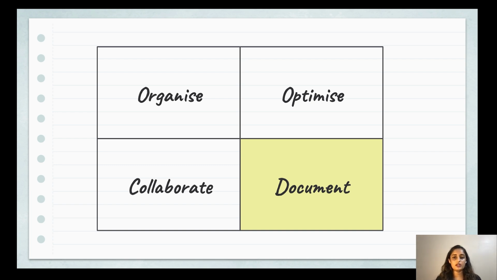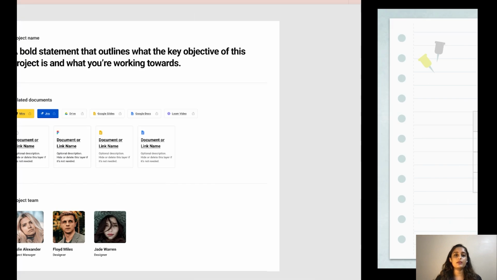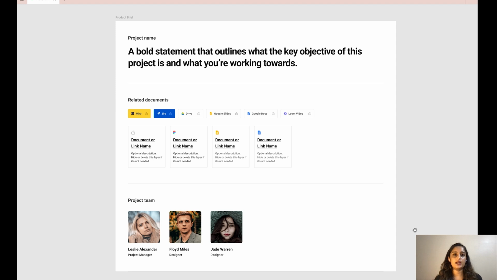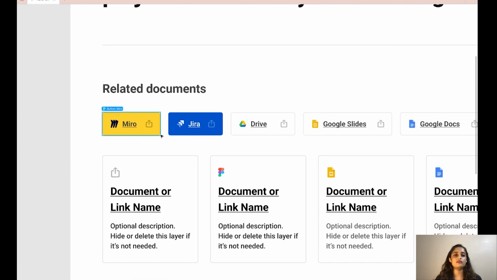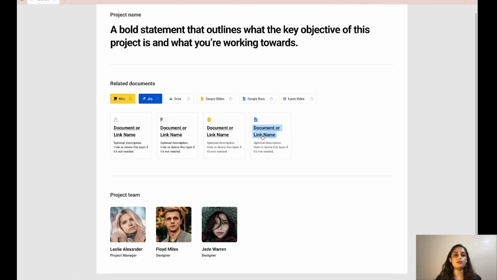And it's a very important step as well, because here's where you are giving your design assets, you're handing over your work. So, one of the first steps is to gather all links, both internal and external, and provide that in a Figma file or Figma page. So, what I'd like to do is maybe have a section like this within the file that encompasses all links, like external links. It could be Jira boards, it could be Drive links, presentations, documents, anything important.